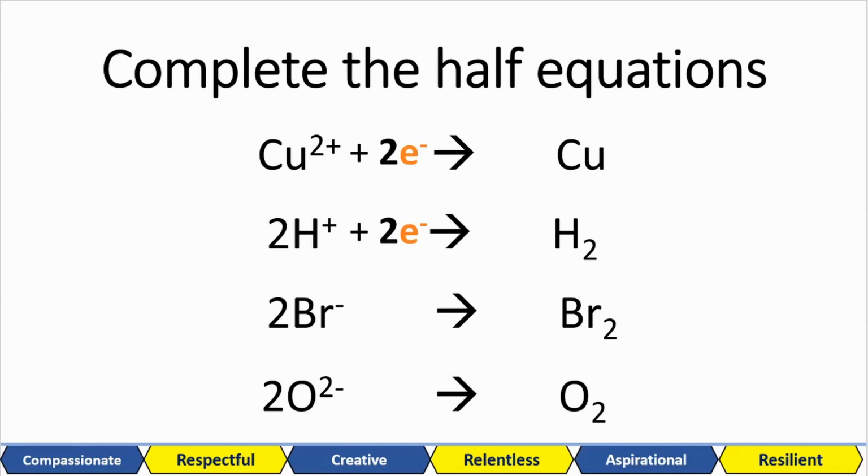The next one is an anion on the left, so we need our electrons on the right hand side. The negatives will repel. We have 2 lots of 1 negative on the left, so we need 2 electrons on the right hand side. And finally,